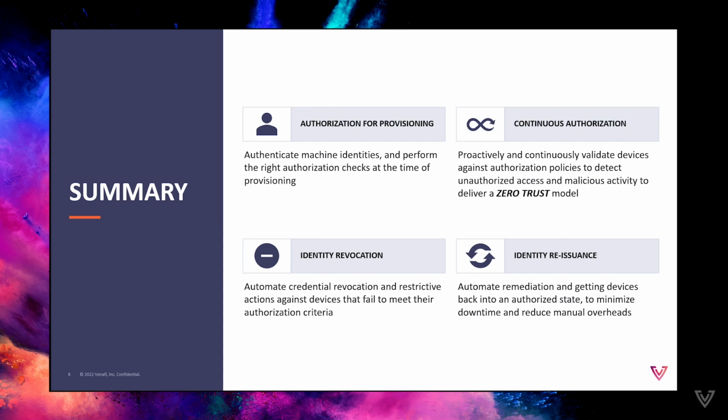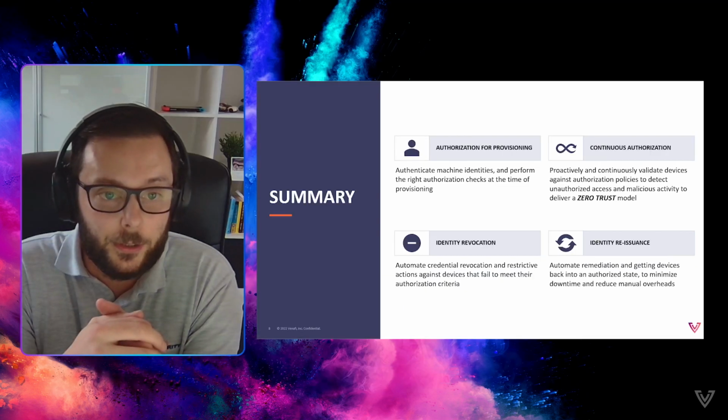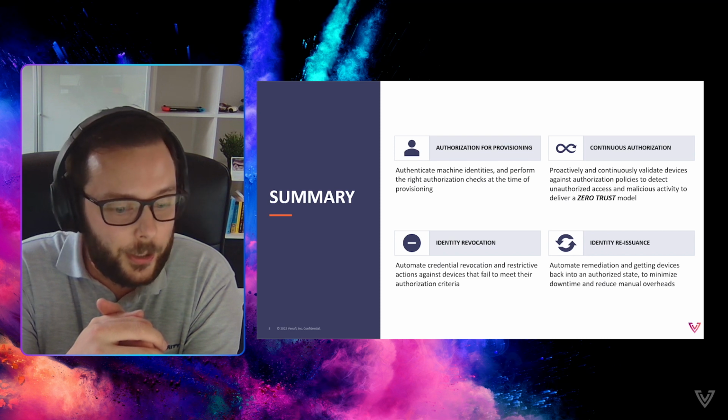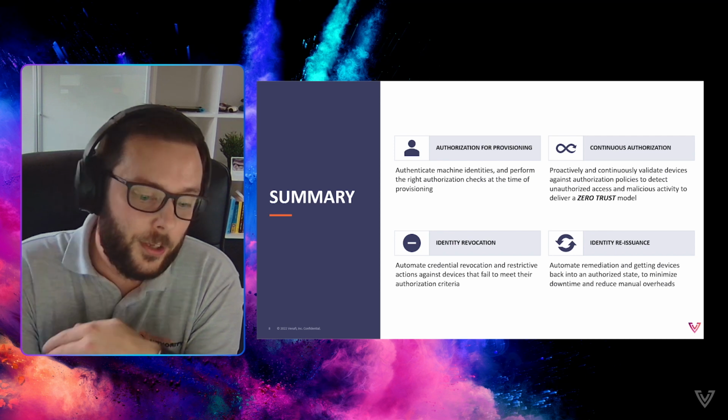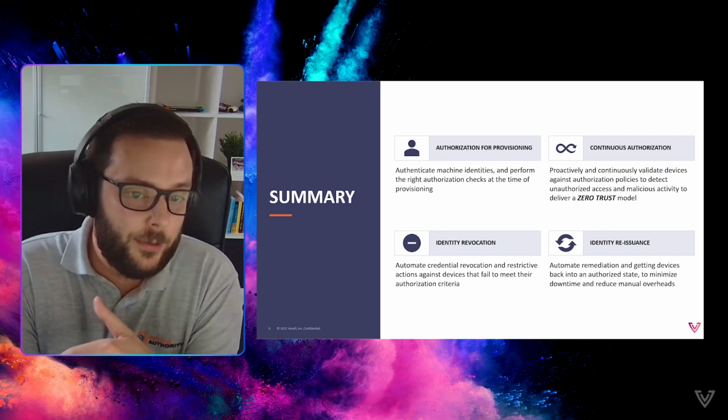So, in summary, and to really wrap up here, IoT really needs to move from the traditional authorization model, where we're taking that identity at face value, to a new continuous validation and authorization model that will really allow organizations to more proactively monitor their devices and get a better understanding of the device trust assurance levels, really to drive smarter decisions and more real time authorization decisions about machine identities that are effectively sitting out in the wild outside of that traditional perimeter.